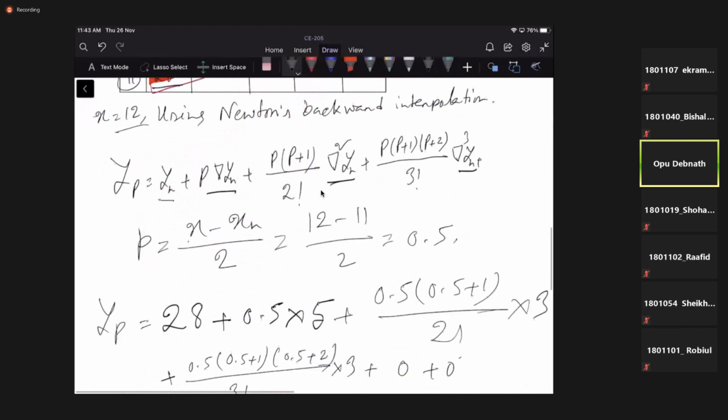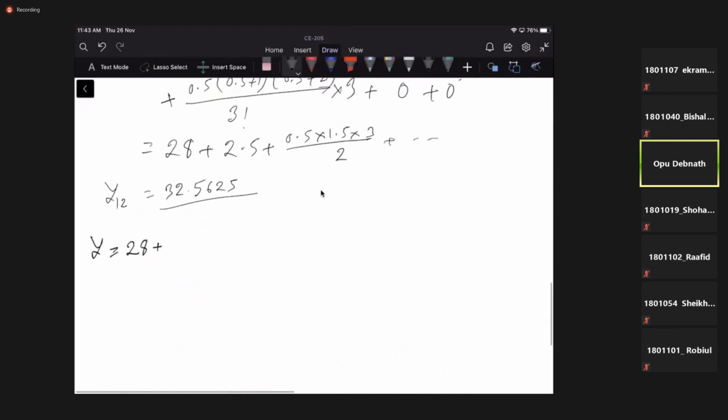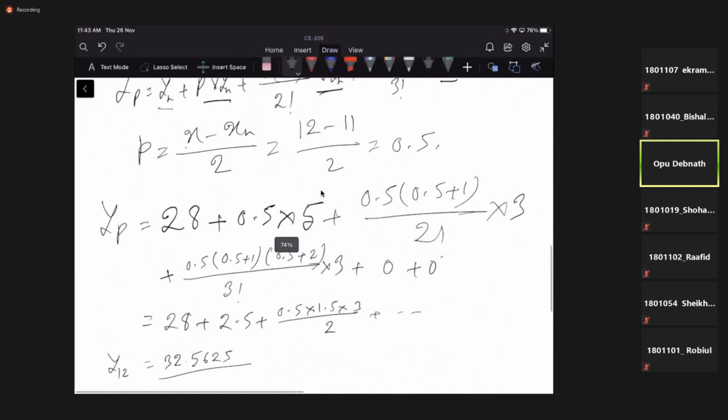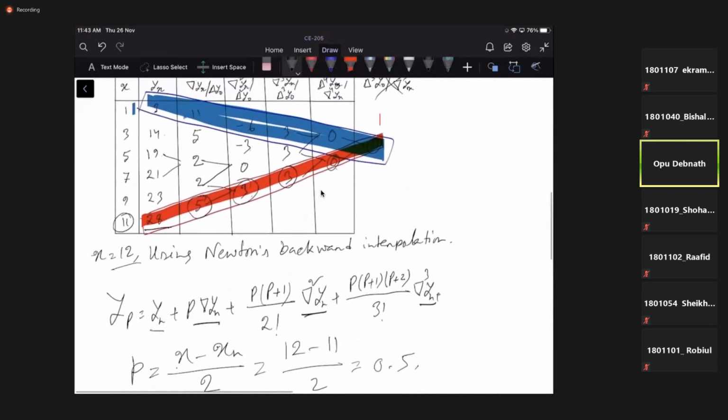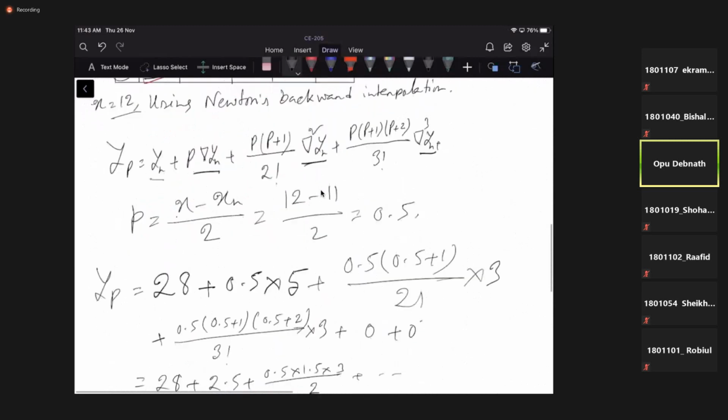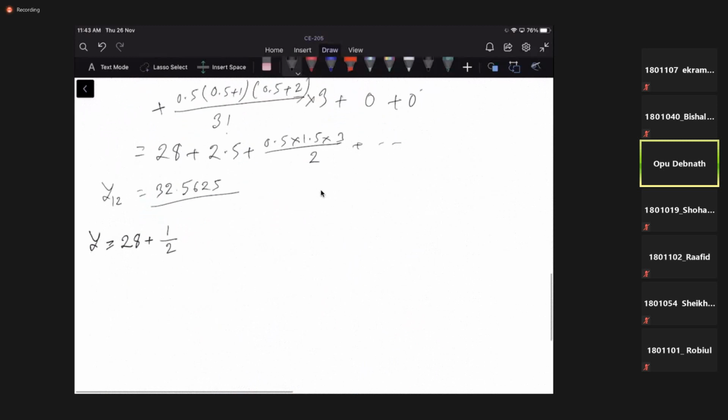So 1 by h, here h is equal to 2. Okay, from this table you may find x is 1, 3, 5, 7, that means h is equal to 2, multiplied by the first term,